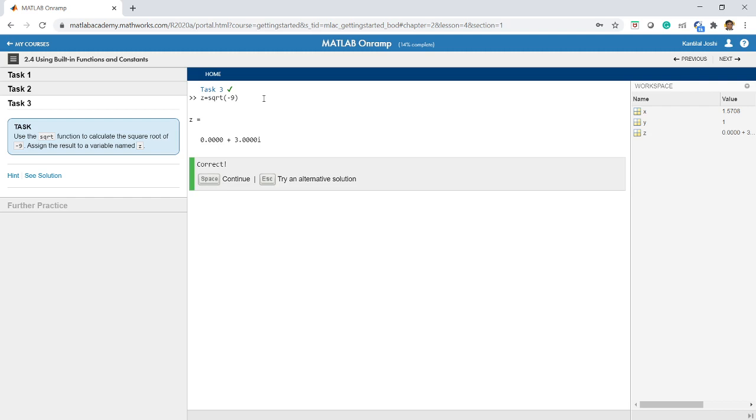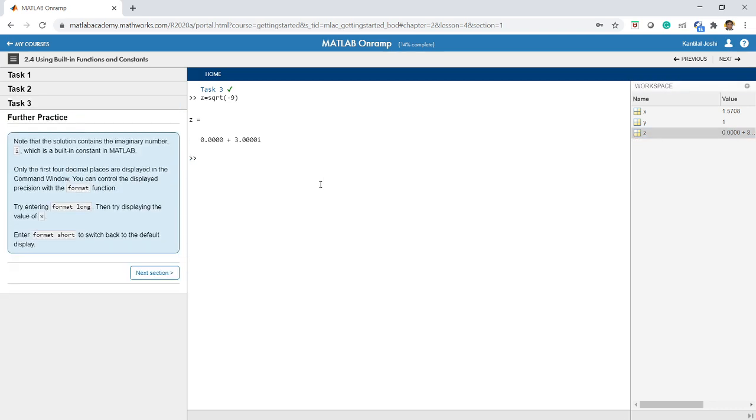You know that the square root of -9 will be an imaginary number. It should be plus minus 3i. Now MATLAB has these complex variables built in, so you need not tell MATLAB that the result will be a complex number or an imaginary number. It will automatically handle that for you. That is the functionality and beauty of MATLAB, which helps you do many tasks easily, right? So you got z is equal to 0 plus 3i, and it is assigned and also available in the workspace. Okay, let us continue.